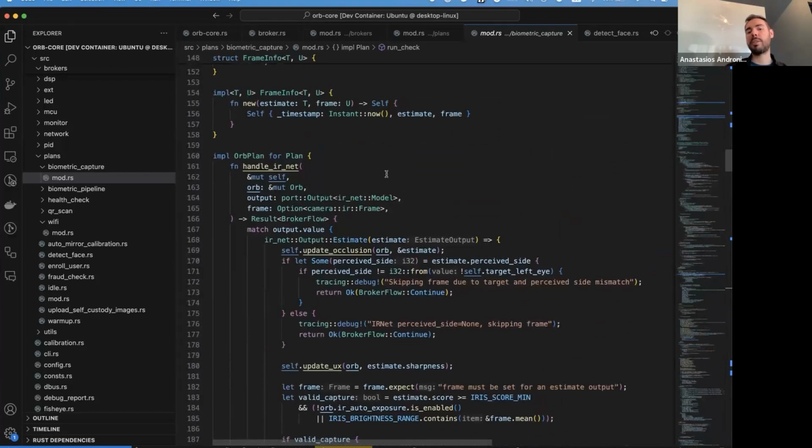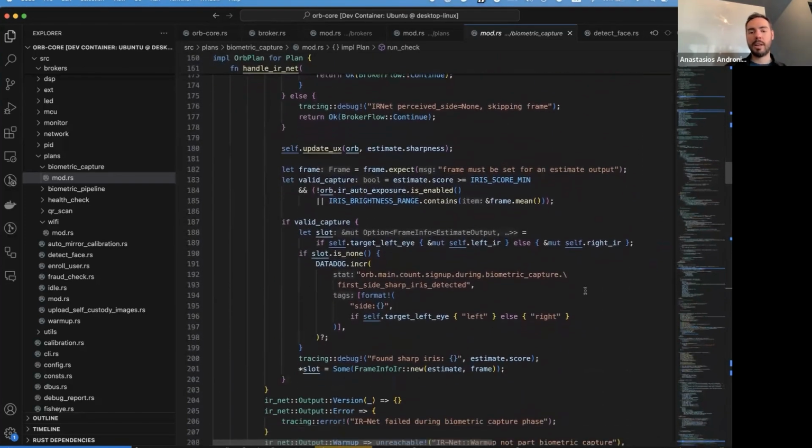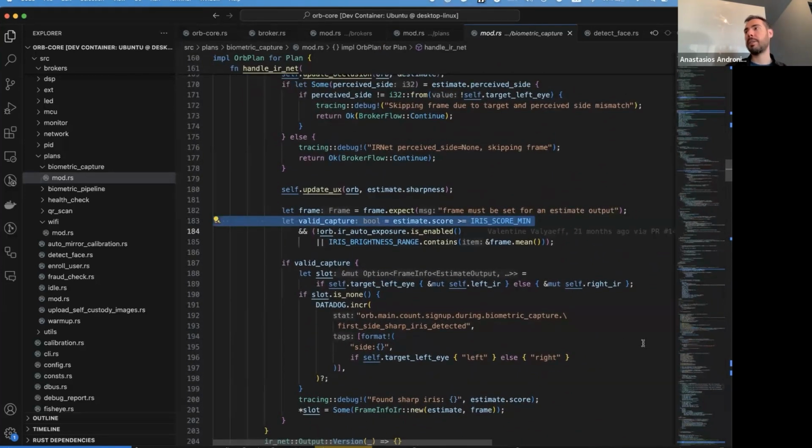Let's say each one of them is responsible for giving us a very clear picture of where we should be targeting our hardware, and then assessing if the information that we capture from our cameras is good enough for us to do processing at a later stage. And you can very clearly see here that we are assessing the score of the iris that we're capturing, and we're striving to at least reach a specific threshold of clear quality, and then we progress further.